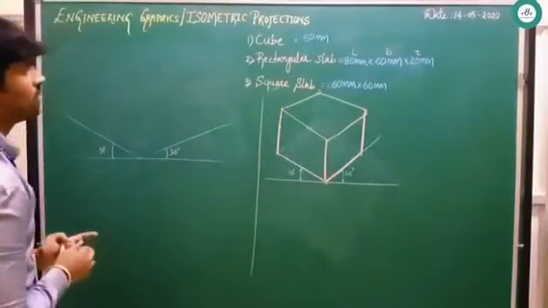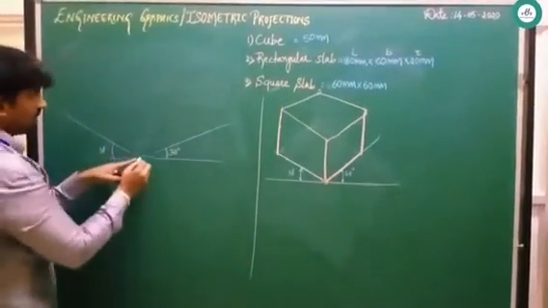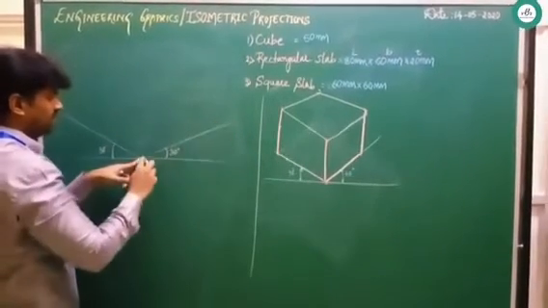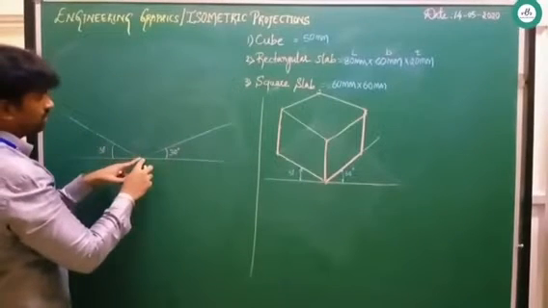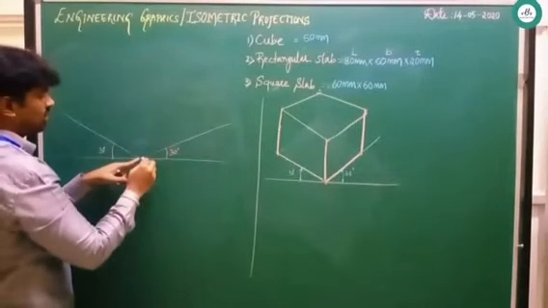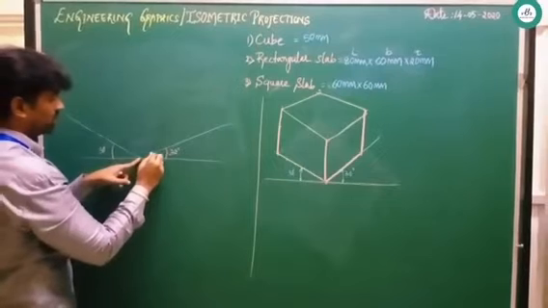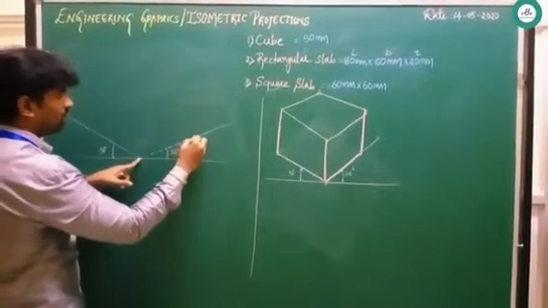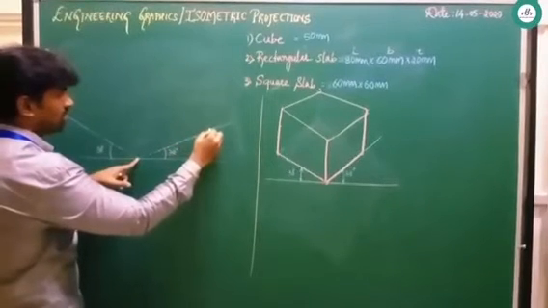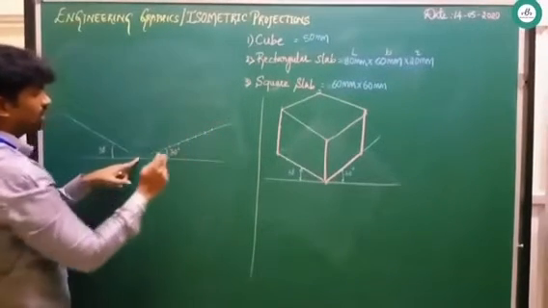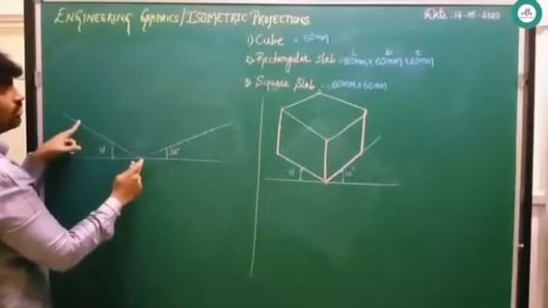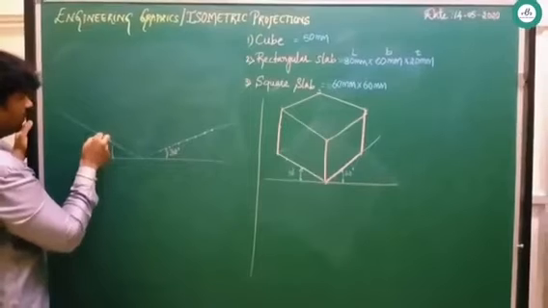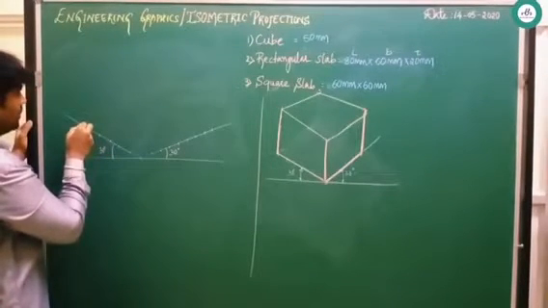Now, starting from this point, you can measure length to the right side or to the left side. Okay, let me take the right side. So from this point, that is ISO 10, 20, 30, 40, 50, 60, 70, 80. Next, taking breadth to the left side, 10, 20, 30, 40, 50 and 60.